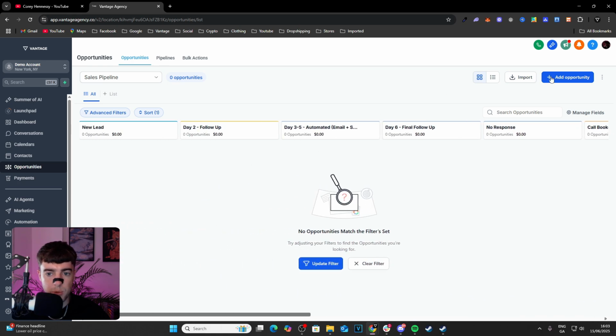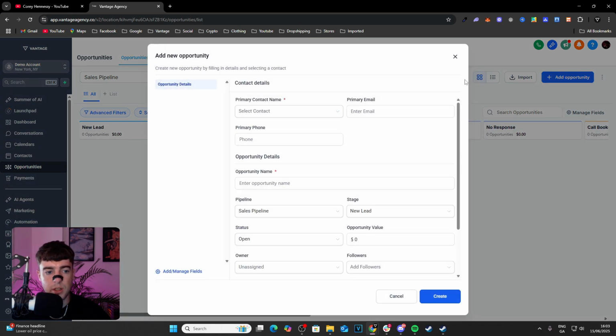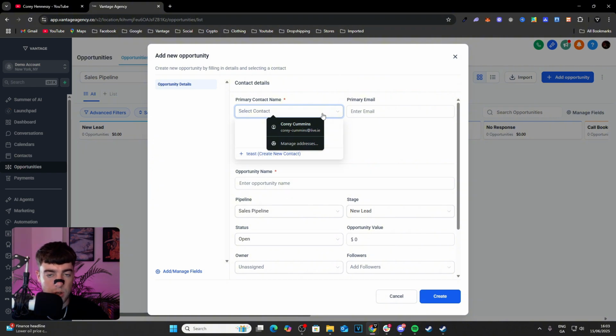Now, maybe you want to add an opportunity. You just hit the button in the top right. We can put in a contact. So if you don't have a contact, you can type it in and create one. It's going to come up create contact. If you have a contact that's already come in, it's going to automatically fill in on your opportunities if you have an automation set up. But for this one, let's just put in